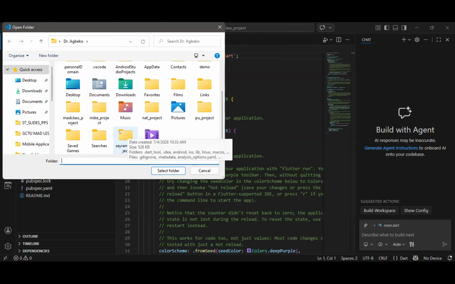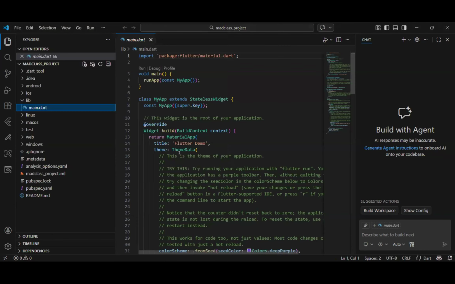The VS Code. So you click on Seiram project, and then you click on Select Folder. Look down there. You can see Cancel. You see Select Folder. Have you seen it? Yes, sir. So you click on Select Folder, and then you wait. It will change from the previous project to Seiram. So wait, it will change it.